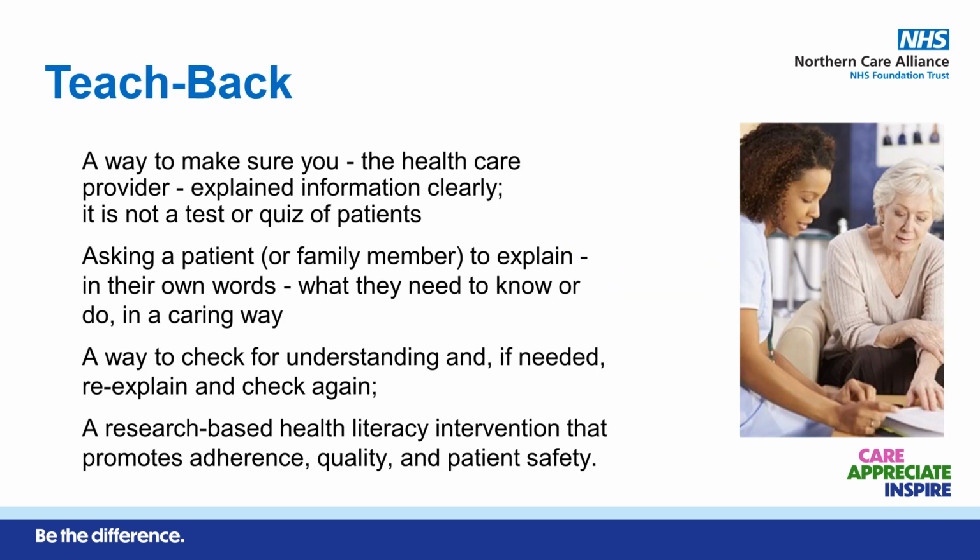Another tool we have is Teachback. This is the way you, as the healthcare provider, can make sure you have explained the information clearly. This is not a test or a quiz to give patients. Start by asking the patient